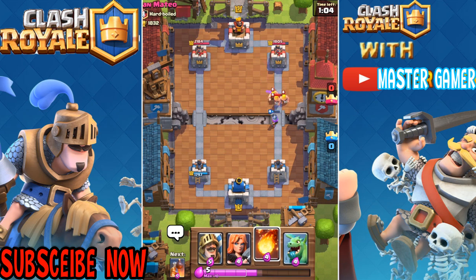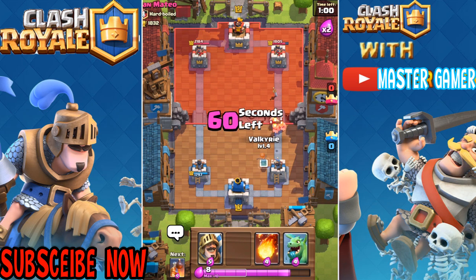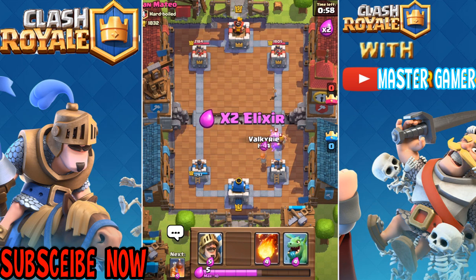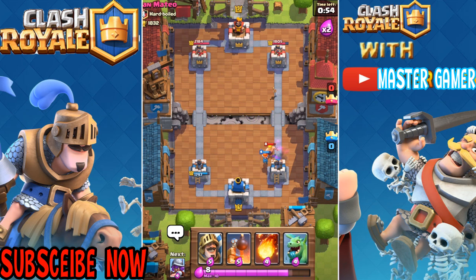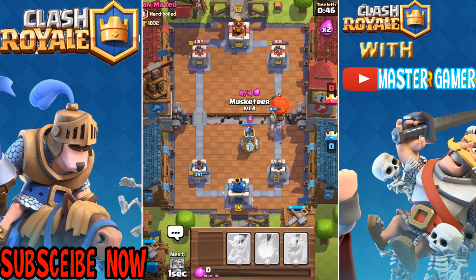As I was getting ready to drop my fireball, remember guys, he does have that minion horde. I don't want to waste that fireball in situations that I know I can't defend against that minion horde, so that's why I held on right there. Valkyrie's going to go down to protect against these barbarians, and so far so good. We have to be on high alert for that balloon freeze spell. We have to be on high alert for the minion horde. There's a lot of scenarios in which we lose this game, but let's go ahead and play that bomb tower